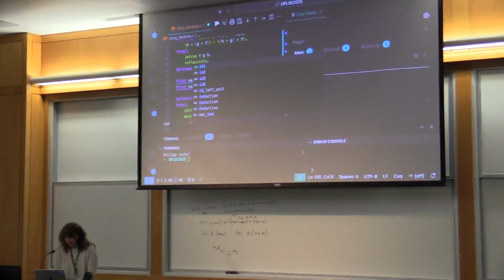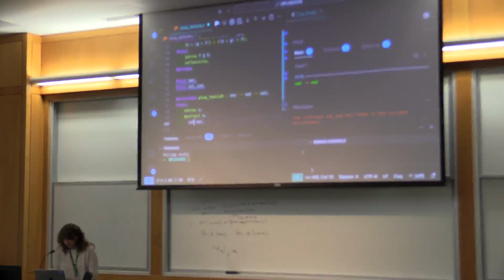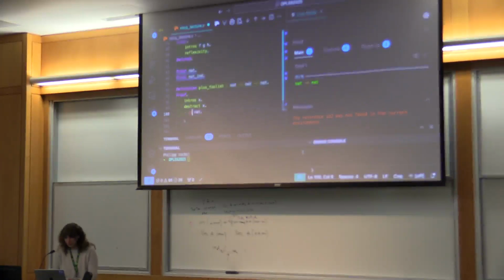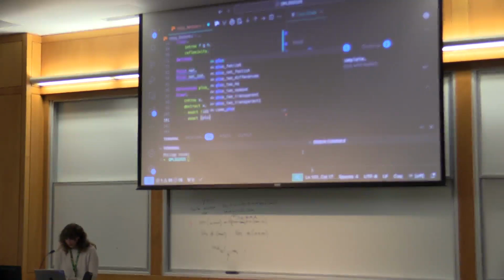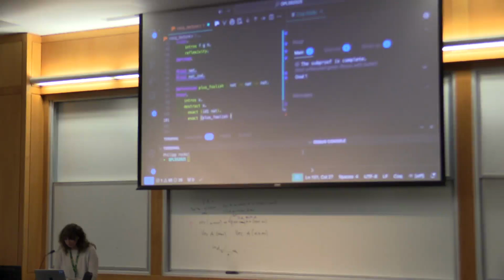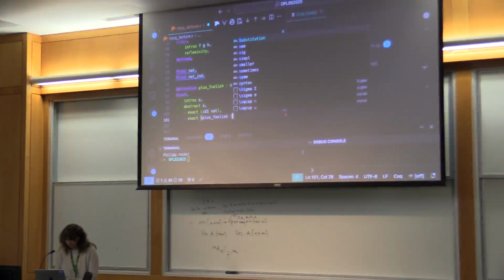The first one that I want to do, in the case 0, will be just the identity function. Identity 2. No? Ah, I didn't say that, yes. Thank you. And the second one, so I'm doing now induction on the first argument, but so be it. And the other one would be exact plus foolish of successor of